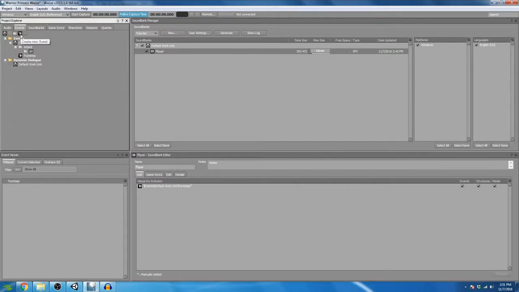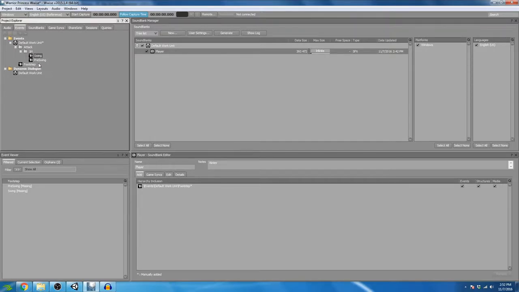And for the first stage of my attack sequence, I'm going to create an event called pre-swing, and then another event called swing. So remember, we have 2 stages to our animation. We have the pre-swing when she brings the sword over her head, then the swing when she brings it down in her attack. So I'm going to go ahead and create 2 events to correspond to those 2 stages, the pre-swing for the first part and the swing for the second part. Now remember